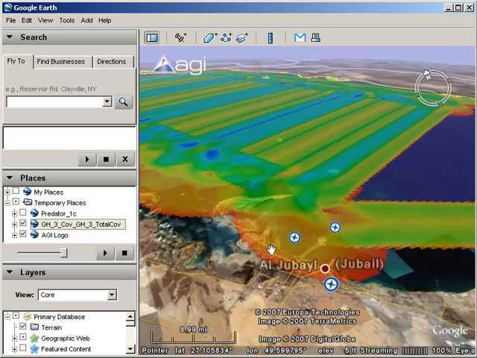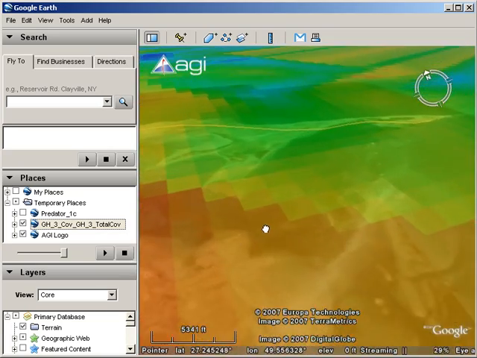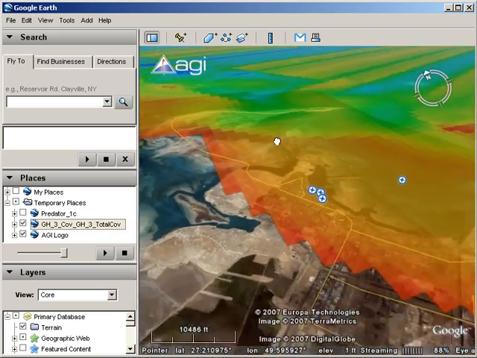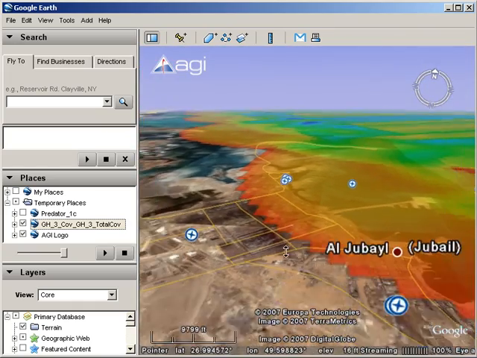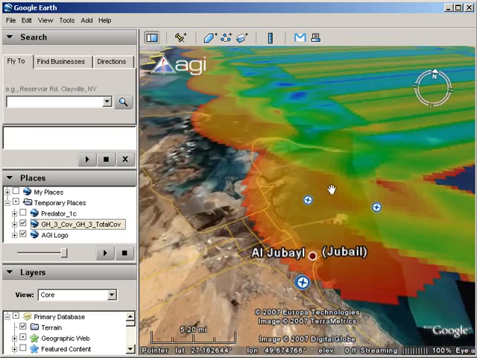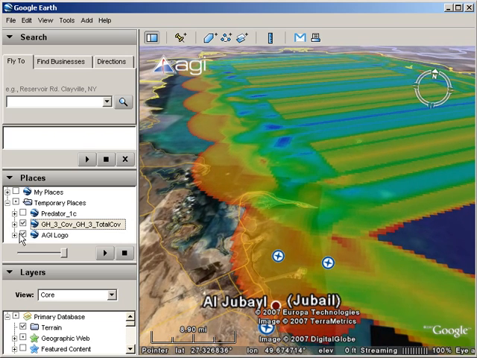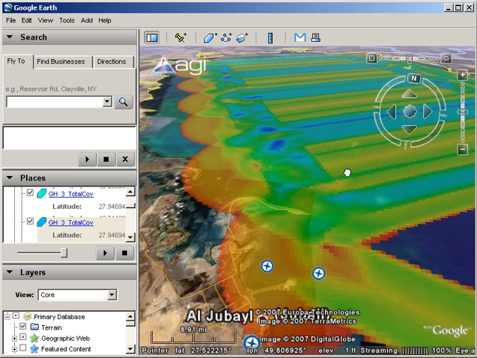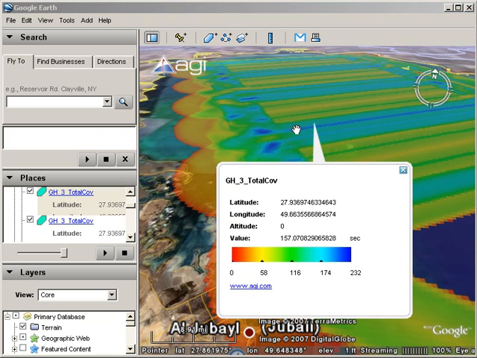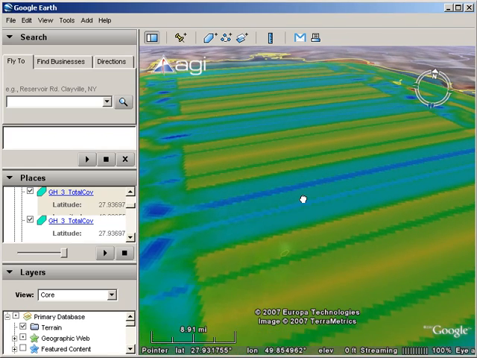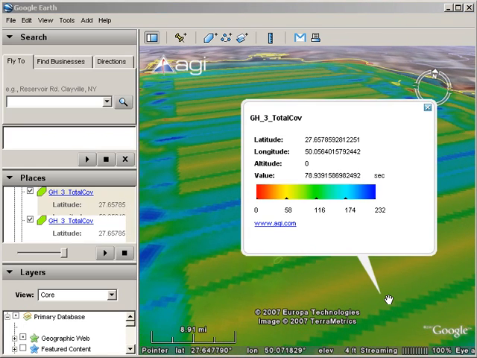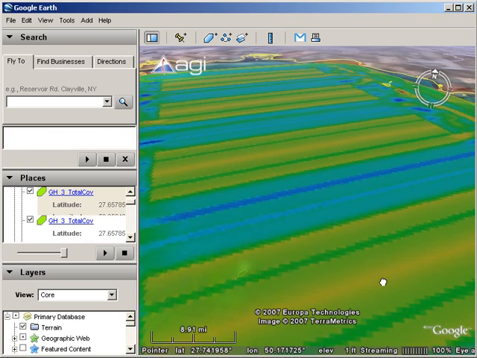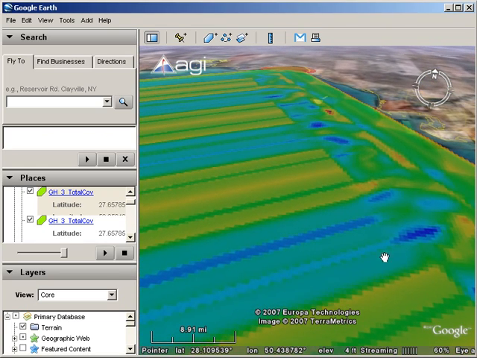Here's an example of what the KML file of the coverage definition looks like in Google Earth. Beyond simply visualizing the coverage definition, you can also control-click on one of the grid points to show the metadata associated with the calculation at each geographic location. Virtual globes can be a great mechanism for building a mashup from disparate data sources. Like the sensor coverage definition shown here, STK provides a means of delivering high-fidelity, historical, real-time, and predictive aerospace system